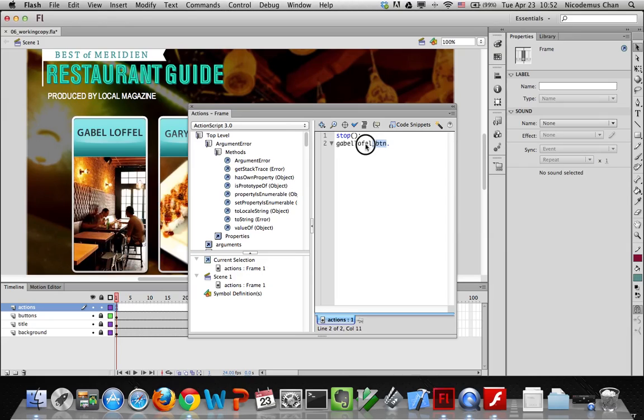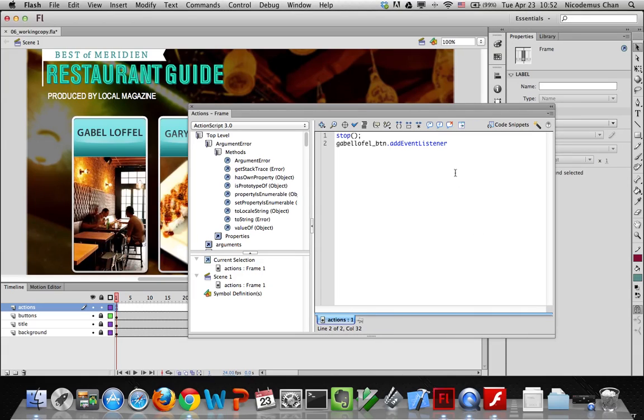Type the instance name, followed by a dot, then the name of a property or method. For example, if we say Gable Lofel underscore button, then we say addEventListener, that means addEventListener is a method of this object. So type here MouseEvent.CLICK,